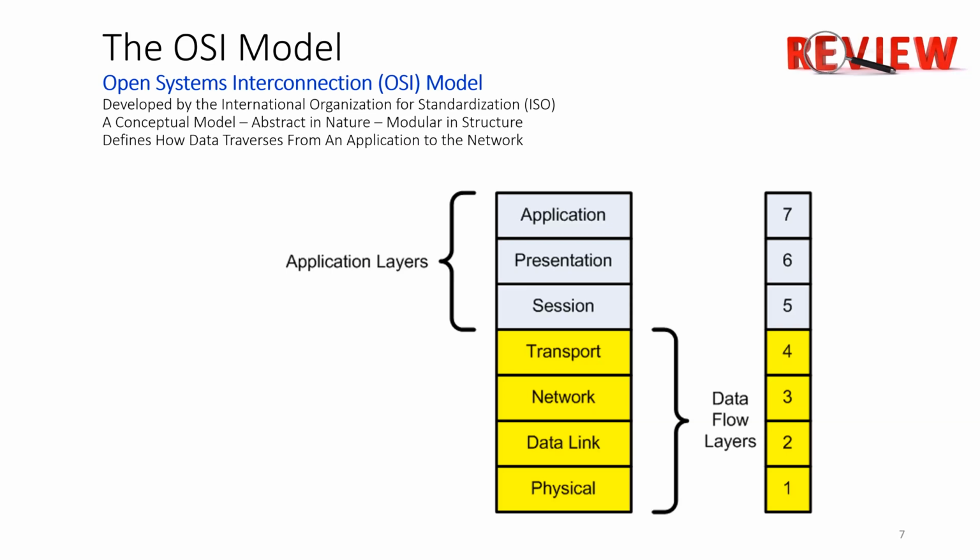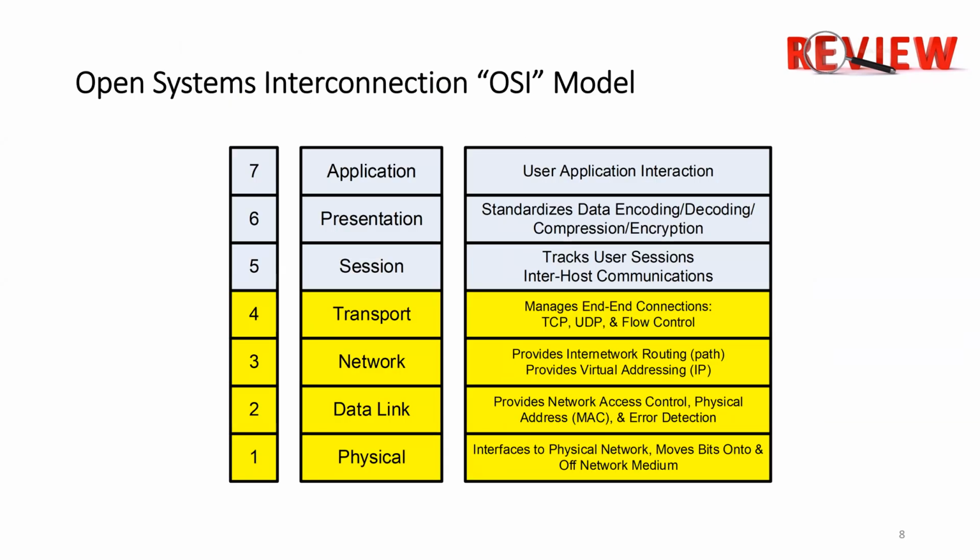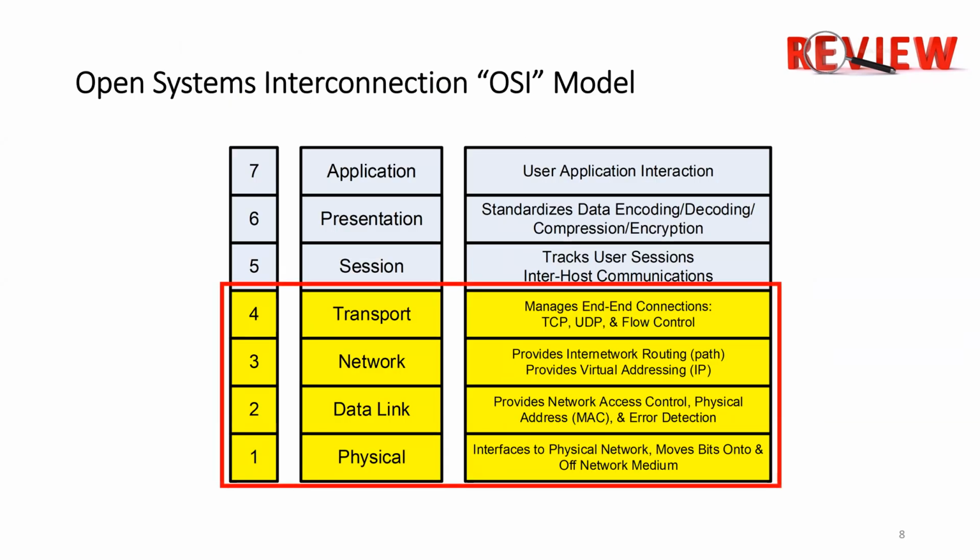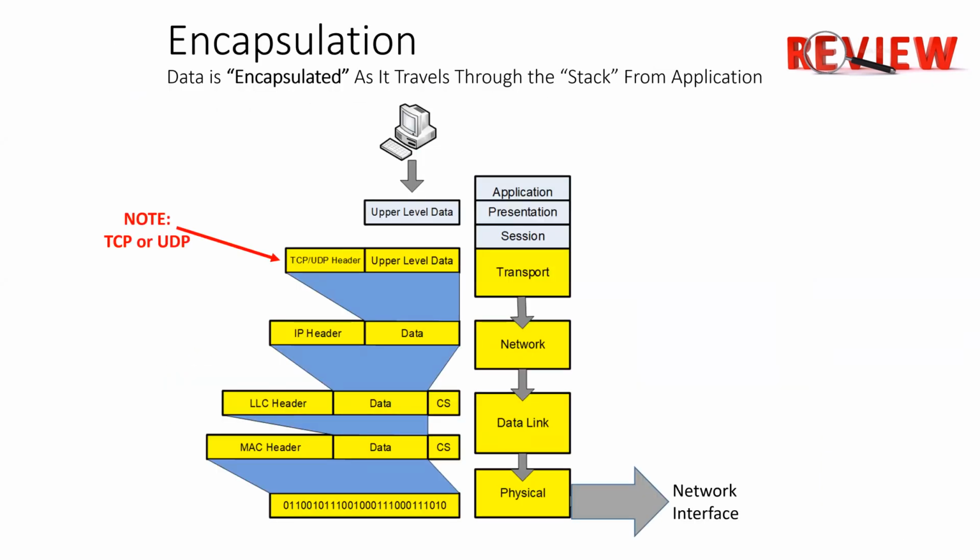As a little bit of review, to understand where RTP fits in the IP world, we have to rely on our friend, the OSI model. And of course, the first 4 layers of the OSI model are considered the data flow layers. And this is where networking is focused. These should be very familiar to us, but the transport layer really is where we're going to concentrate. If we look at how a host device communicates with another host device across the network, we begin with some type of application that is going to generate what is often described as upper level